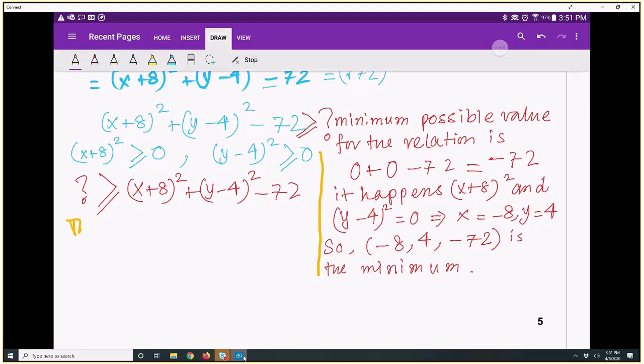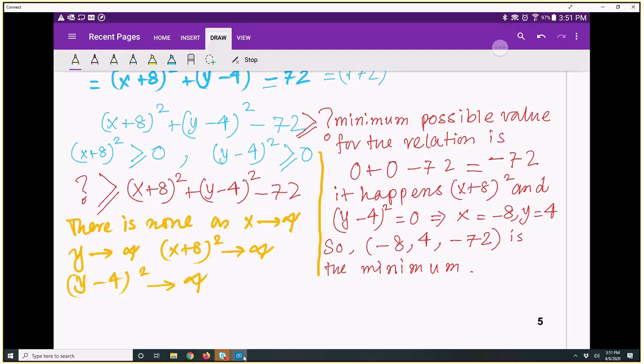I will say there is none. How come there is no such value? As x goes to infinity, y goes to infinity, (x plus 8) whole square goes to infinity, (y minus 4) whole square goes to infinity. Hence, even if I subtract 72 from infinity, I still end up having infinity. (x plus 8) whole square plus (y minus 4) whole square minus 72 all together will go to infinity. So there is no such value